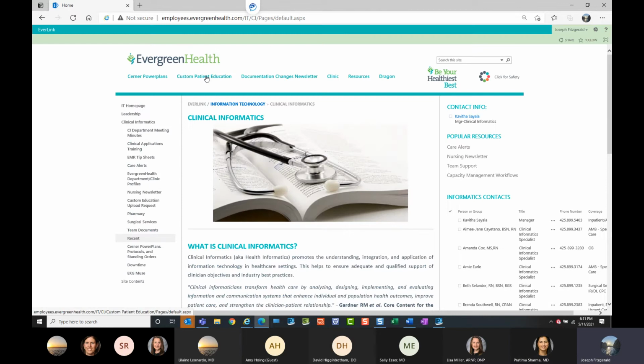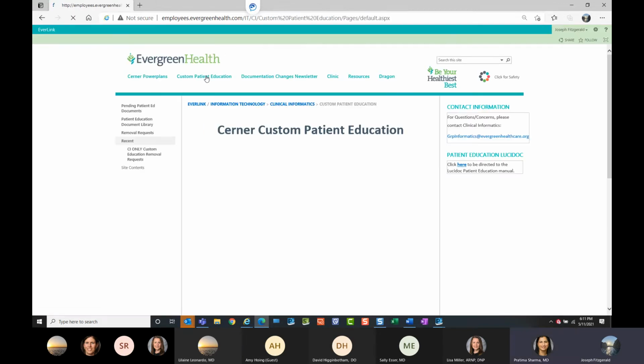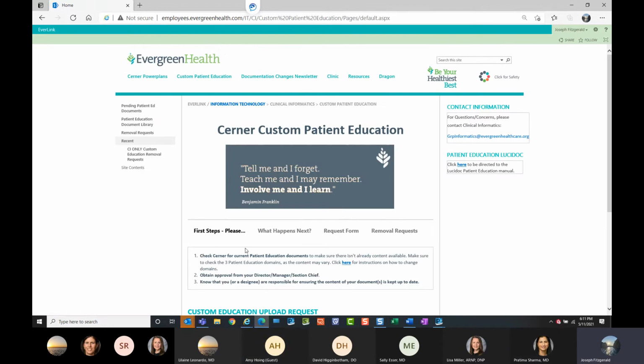And then there's a custom patient education link. You click on that and it gives you the steps on going through for custom education. And so that becomes just like what you see on your patient education that's sent to the patients. Now, when we do custom patient education, you become the owner of that document, and it's treated like a Lucy